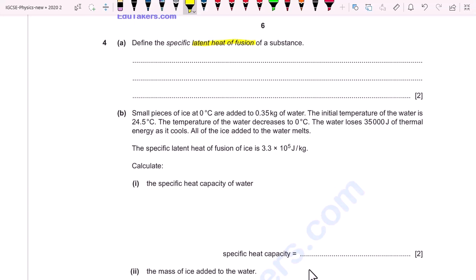And when there is a word specific, it means that we have to specify the quantity. So, specific latent heat of fusion is defined as the amount of energy required to change the state to melt solid per unit mass. Here we have to specify the amount, that is per unit mass. So I write here as